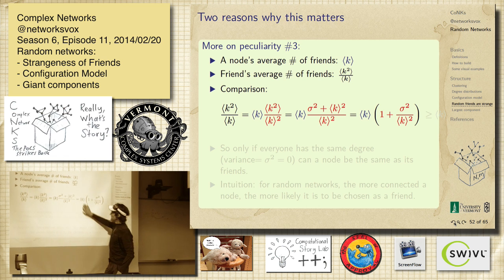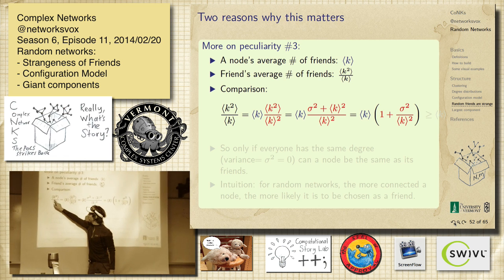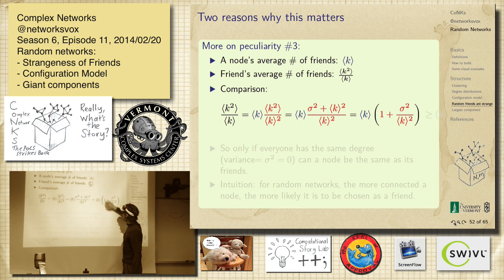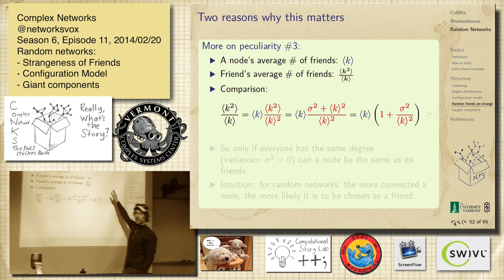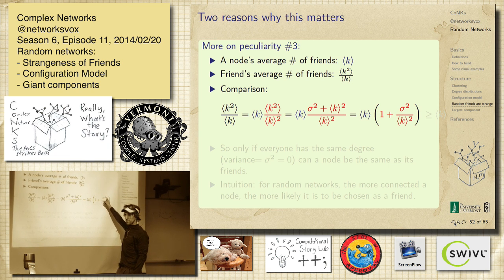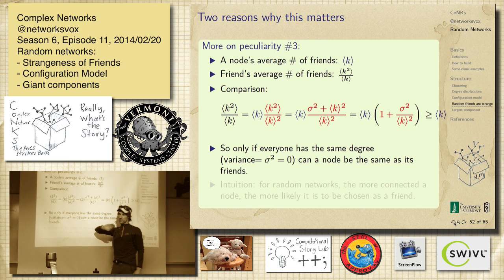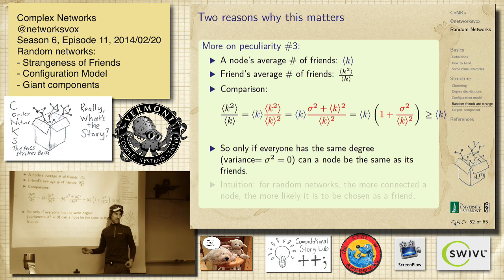Okay, so we mess around with it a little bit and we see your friend's average number of friends is your average multiplied by this piece, and you can see this is 1 plus a thing that's always positive, except when the standard deviation is 0. So it's always greater than or equal to your number of friends, which is very disappointing. The only time you get equality is when the variance is 0, when everyone is the same. No one is special, okay?